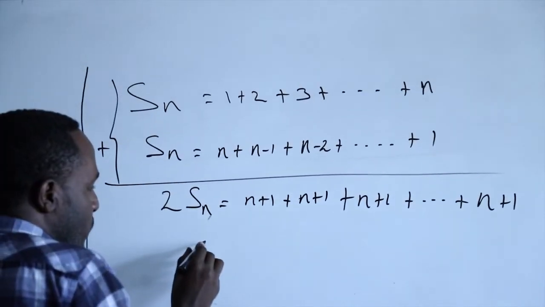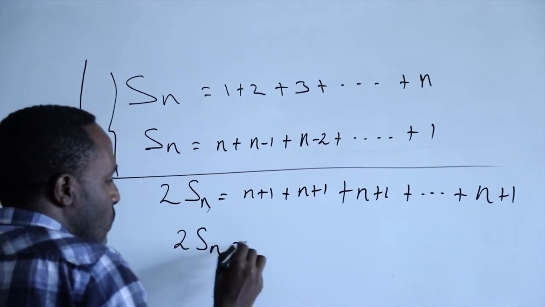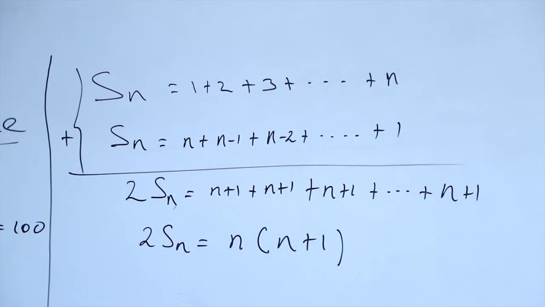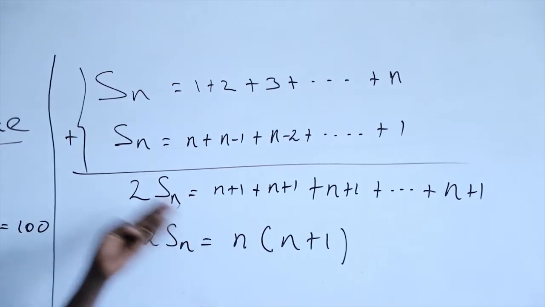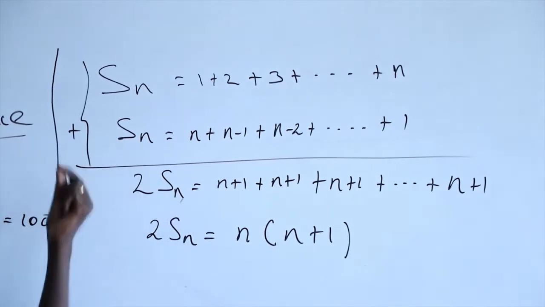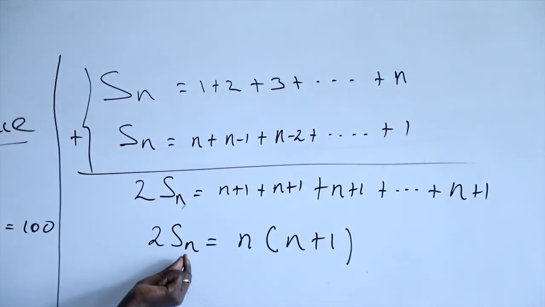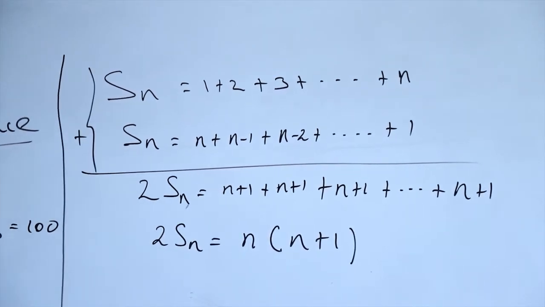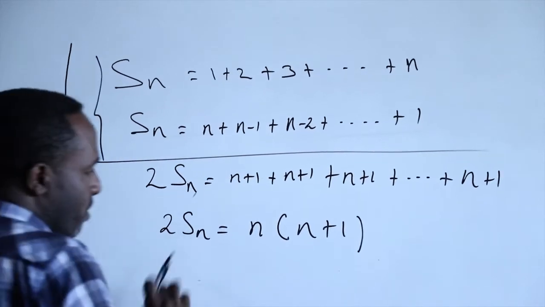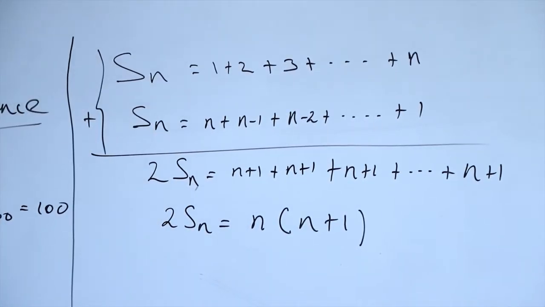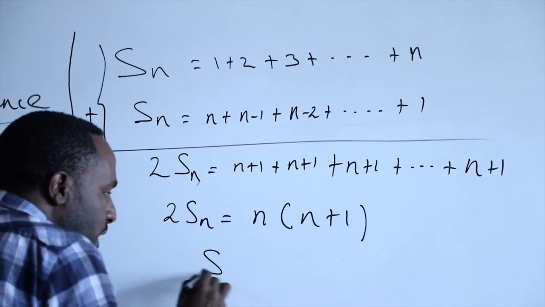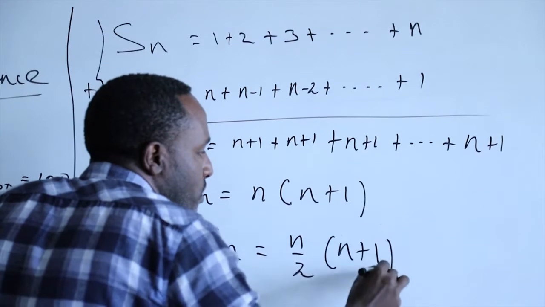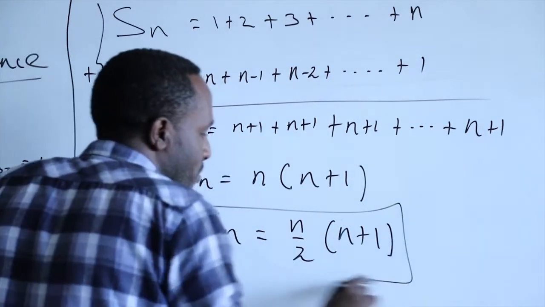Therefore, 2 times of Sn equals to which is n times of n plus 1 ነው እናገኛለን ማለት ነው። ስለዚህ ሁለት ሲባዛ the sum of the first n natural set of natural numbers equals to n times n plus 1 ከሆነ እችን ሁለትን ለማስወገድ both sides ሲካፈል ለሁለት ማድረግ እንችላለን። ስለዚህ ይሄ ማለት Sn እኩል ነው n over 2 into n plus 1 ብሎ እናገኛለን።